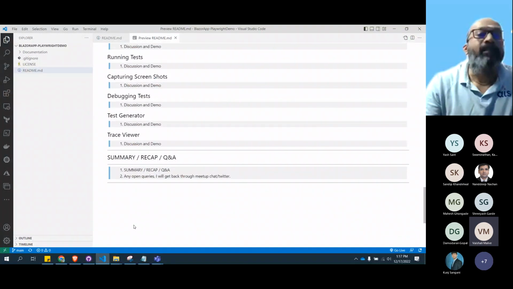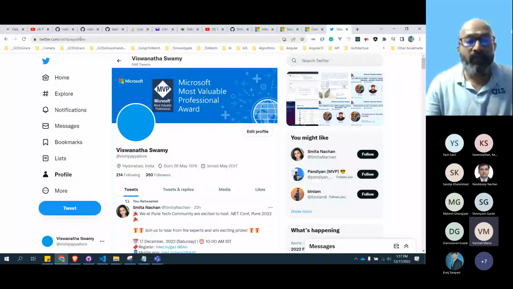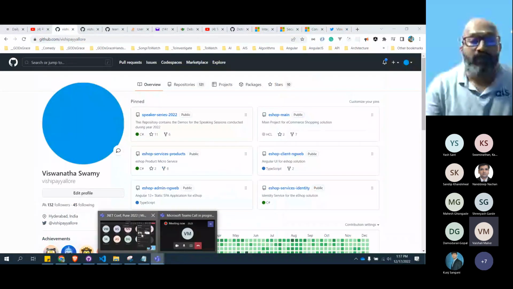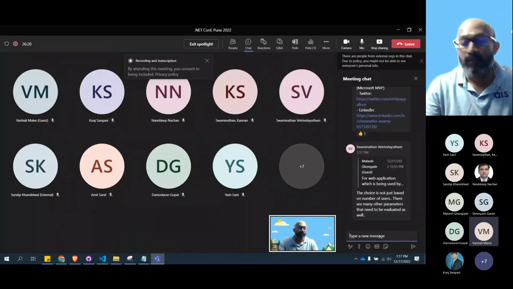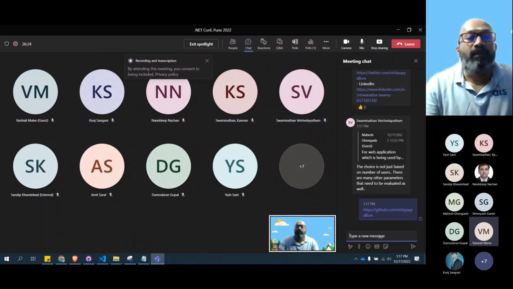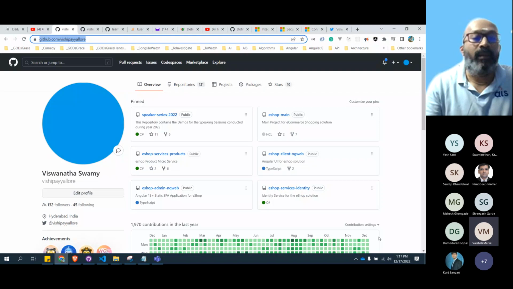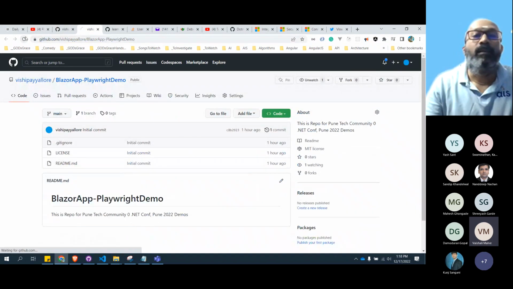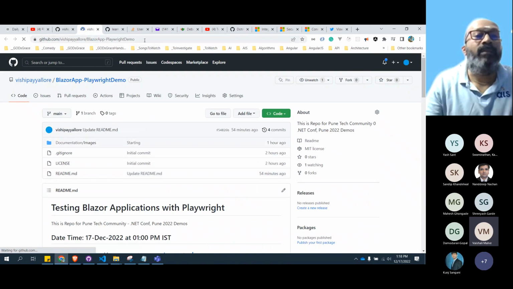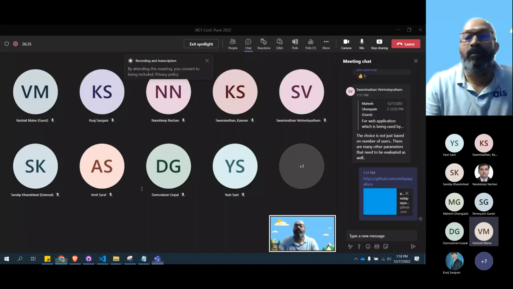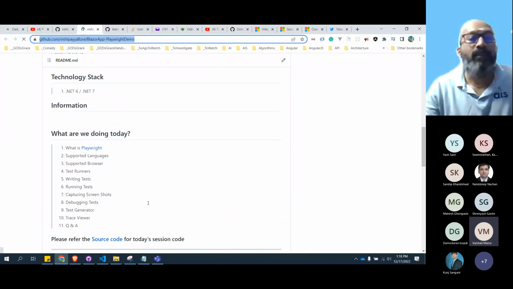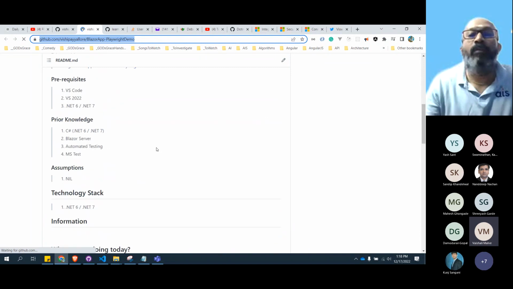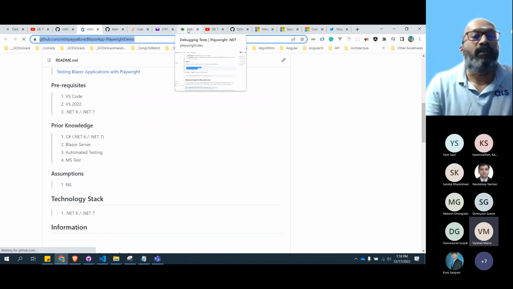And this is my GitHub repo. And the session's code will be here. I'll push it once we complete, because that's where we are writing the live code, isn't it? So that will be pushed here. So at least you can see the demo script is there. OK, so this script is there, the session code, and what are we going to do? So without any further delay,